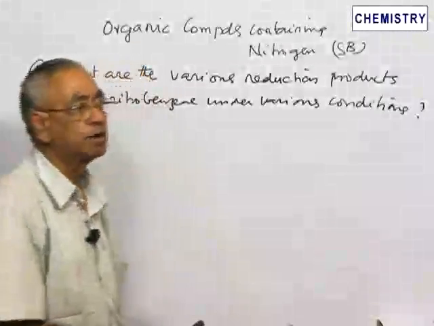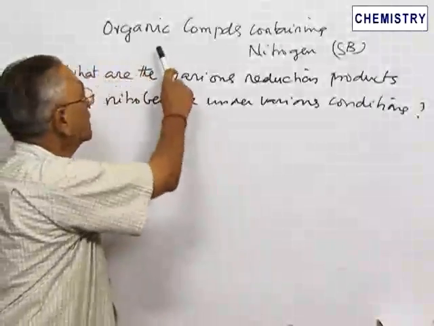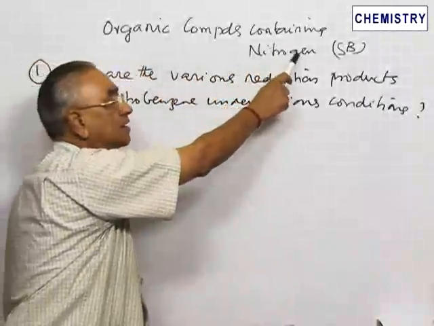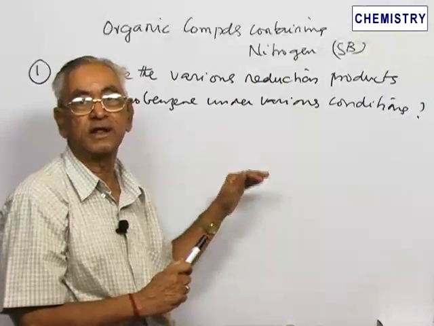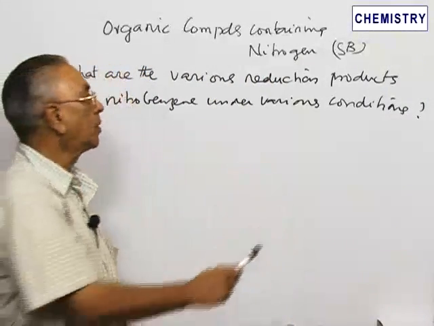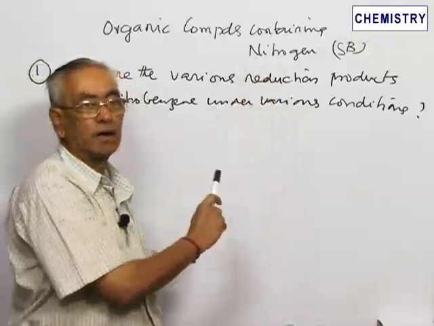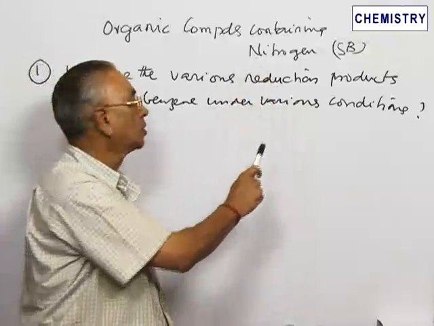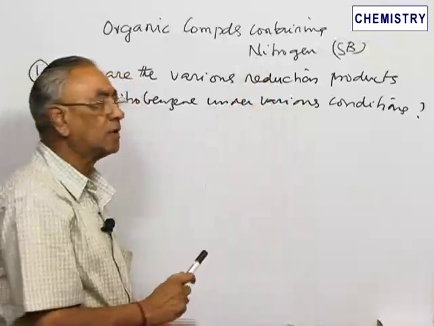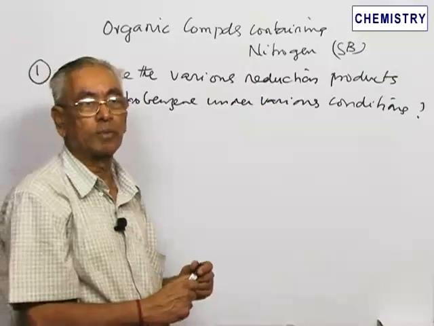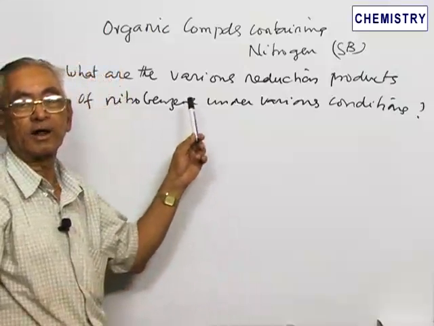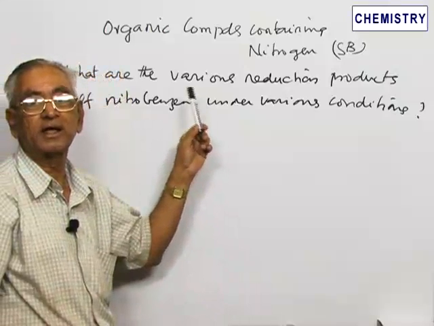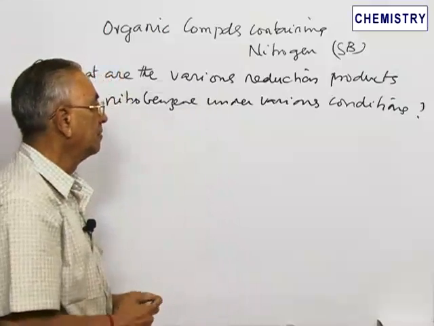Today we are going to discuss some details about the organic compounds containing nitrogen. We are going to discuss it in the form of a few questions and answers. One group of important nitrogen compounds are amines, but equally important are some nitro compounds. So let us discuss the first question relating to an organic nitrogen compound containing a nitro group, namely